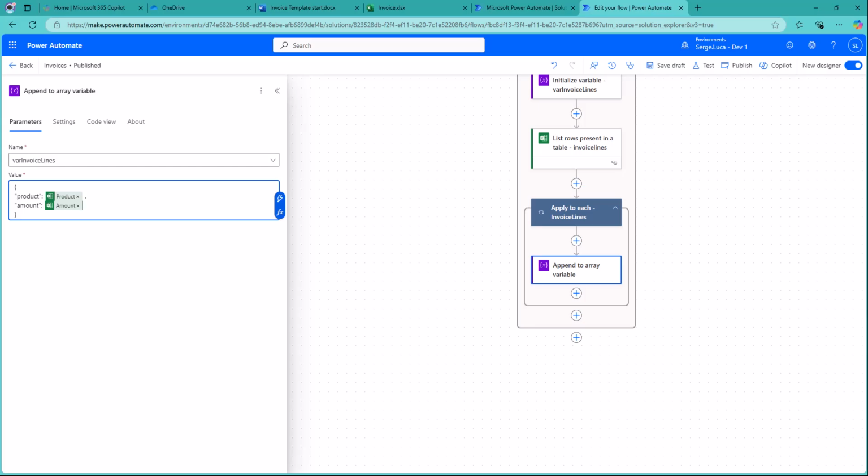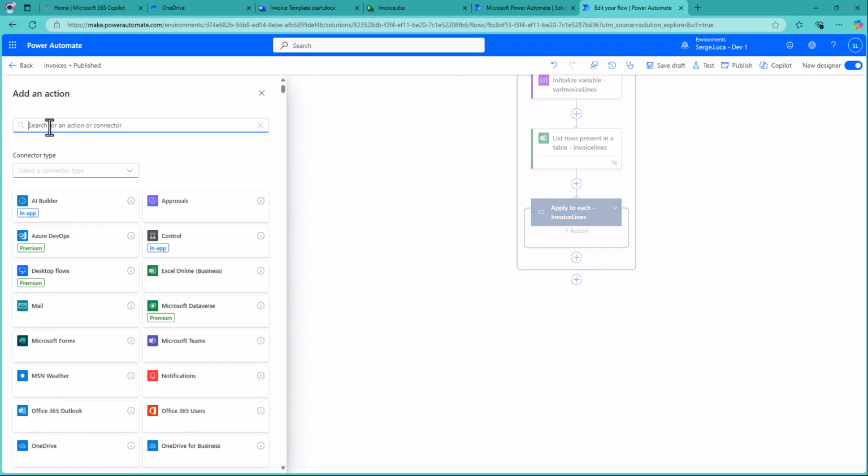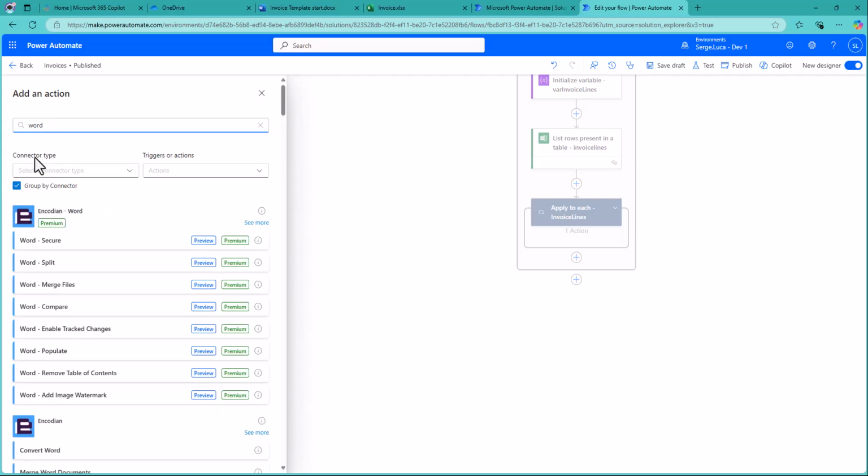Now I would like to illustrate something that does not work that we have done, which is that we cannot initialize or create a variable in a scope. And we've done it for var invoice lines, so normally it should not work. You will see that it won't work, so we'll have to move it. So after that,